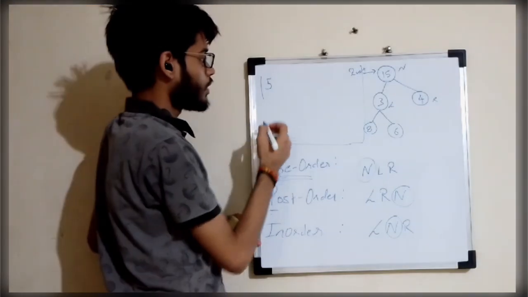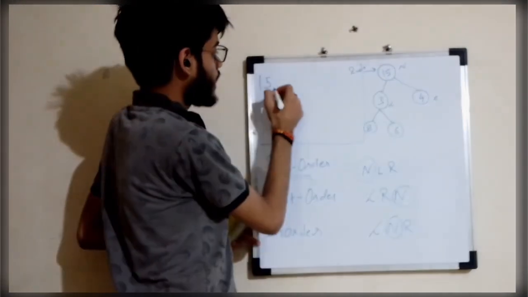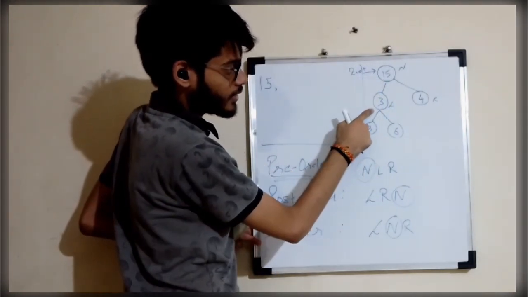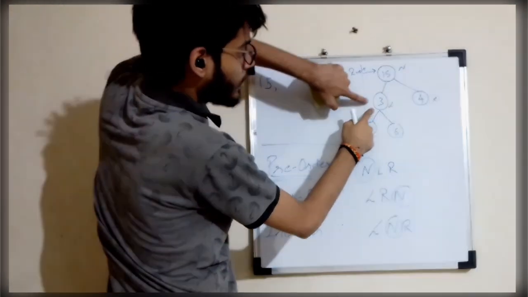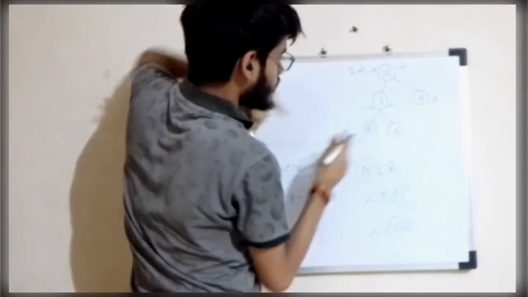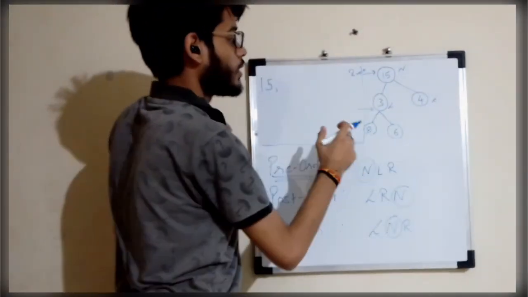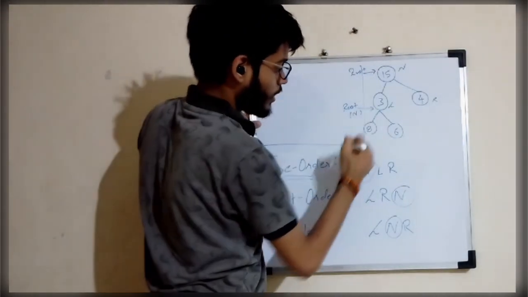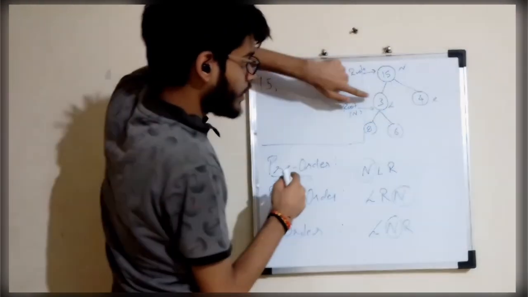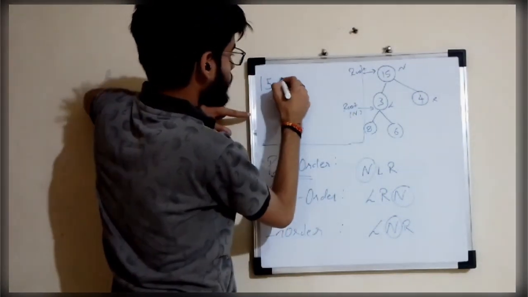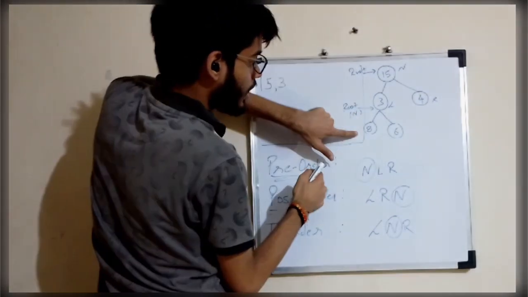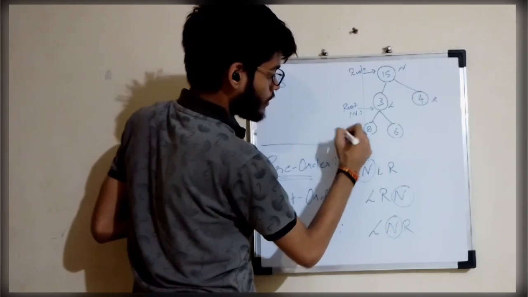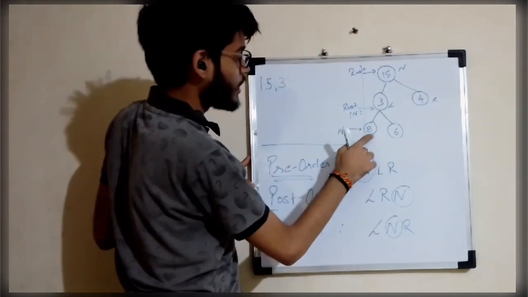I am printing 15. And then it says left. Come to the left of this node. What is it? It is 3. Coming to 3, this becomes my root, or you can say node. For this node we again apply the same rule: print the node 3 and then come to the left of this. Coming to the left of this we have 8. Now this becomes a node. First print this node.